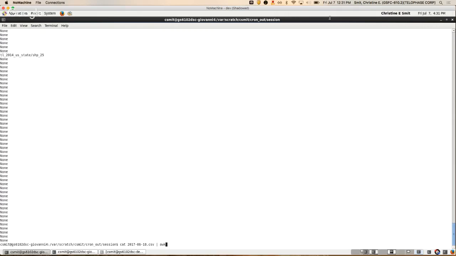So we're going to do another one of these awk. We're going to get out, this time the second column. Or seventh column, never mind. Which happens to be the shapes column.